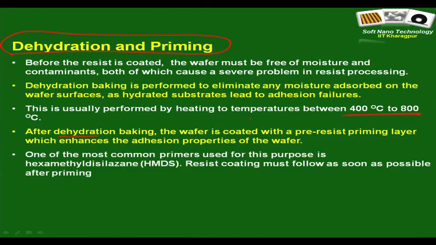This is typically done in the industry, but it is not a mandatory requirement. It is just a functional detail, but it is coated with a priming layer which enhances adhesion between the PR and the